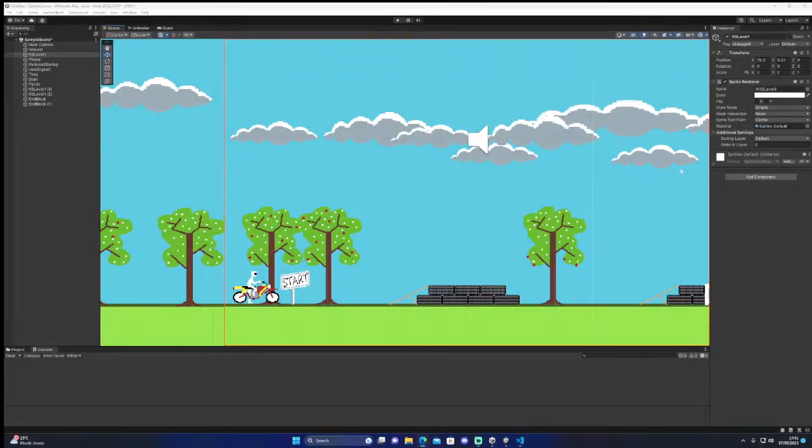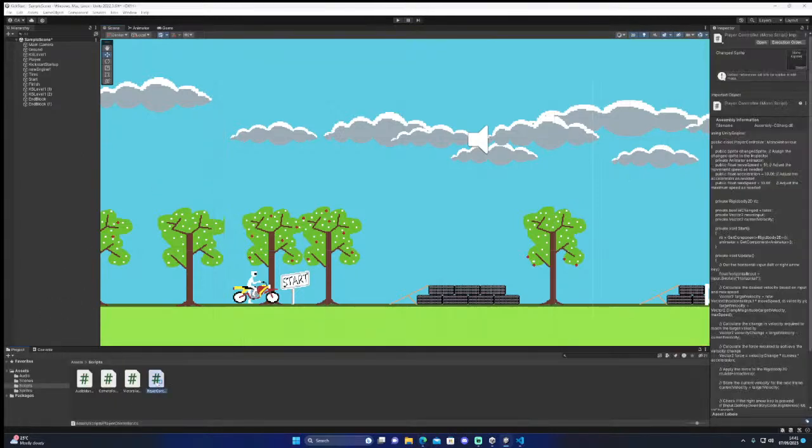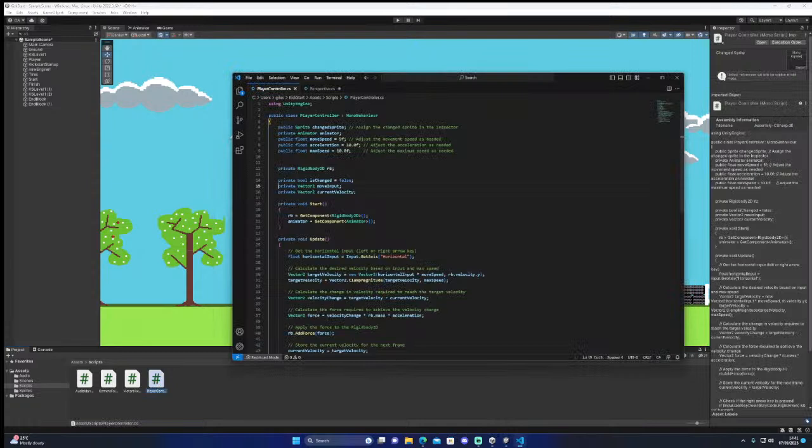So what's this actually say? Let's have a look at the script. See what it says. I haven't looked at it, did I? So, right. Move input. Hang on a second.